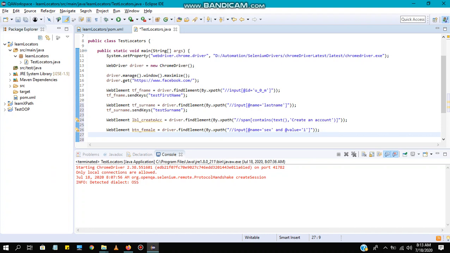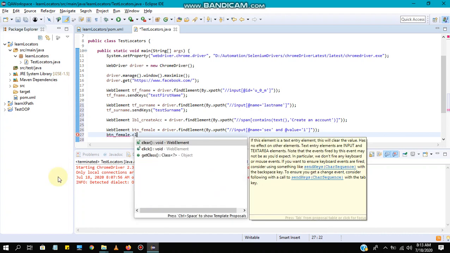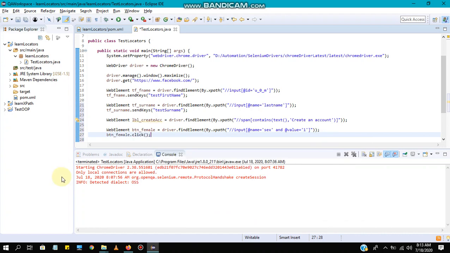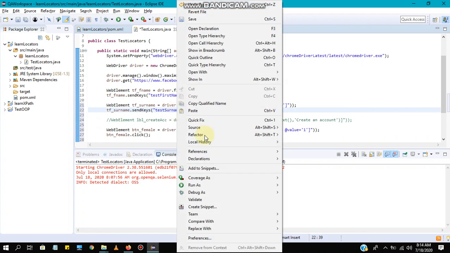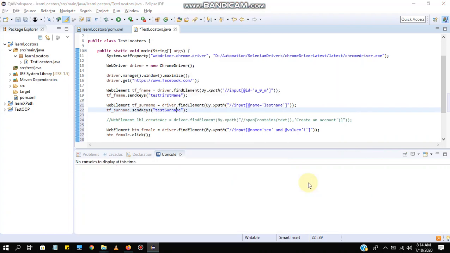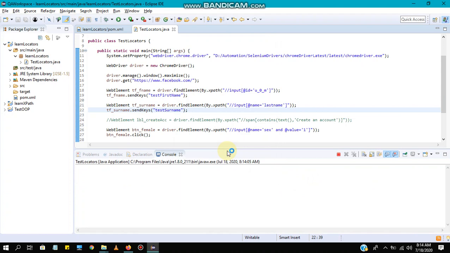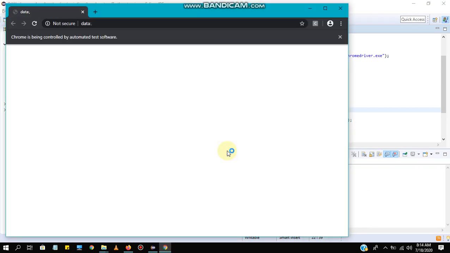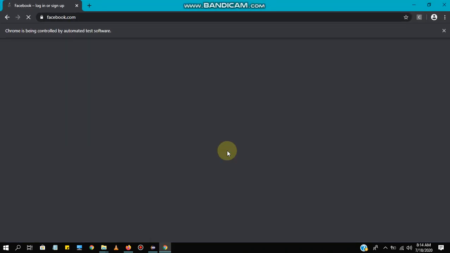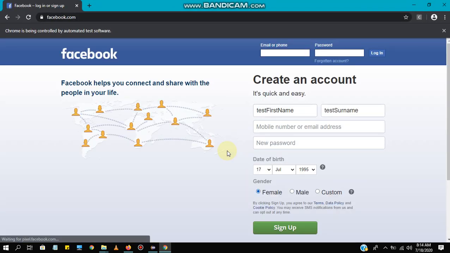Here we need to click this radio button, so you need to call the method click, and you can click that radio button. Just right click and run this to check whether this is working or not with this script. It opened the browser, maximized, navigated to facebook.com, entered first name. Here you can see it clicked the female button.